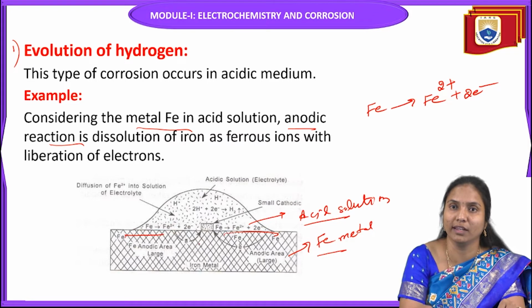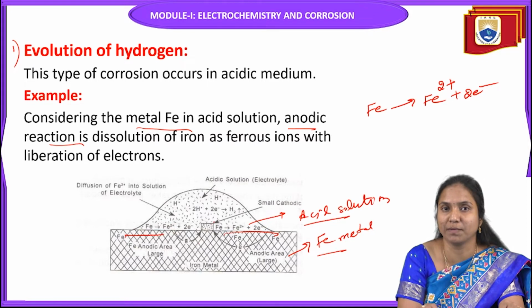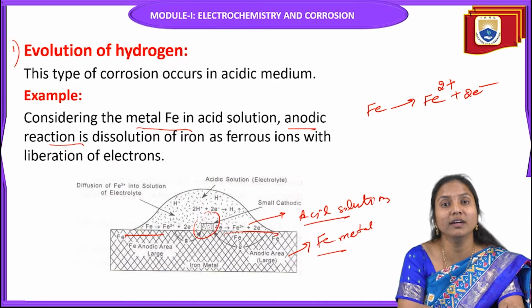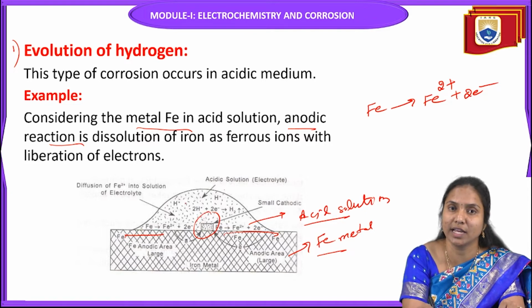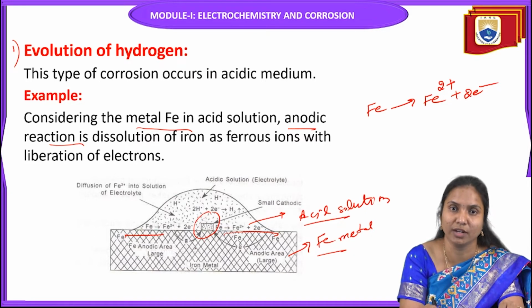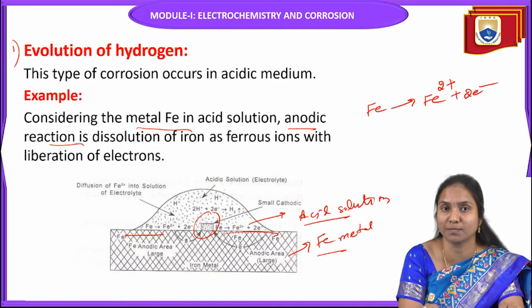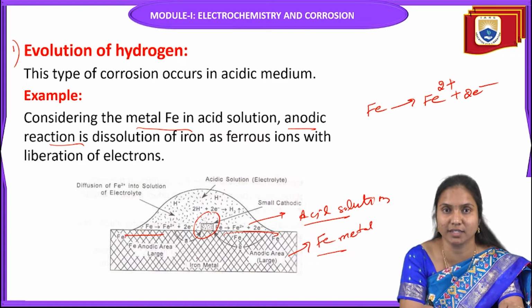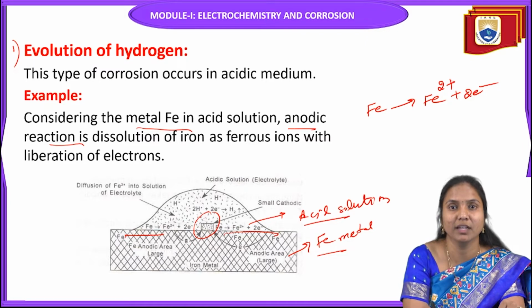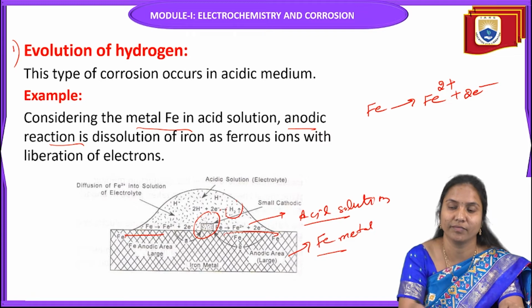At the cathodic area, reduction reactions take place. This part acts as the cathode. Here, hydrogen ions from the acid solution move to the metal surface. The area where hydrogen ions are present on the metal surface is considered the cathode. At the cathodic area, H+ ions gain 2 electrons and finally evolve hydrogen gas.